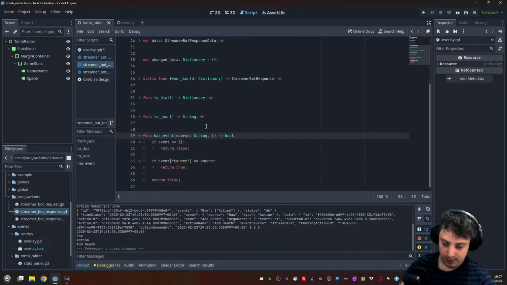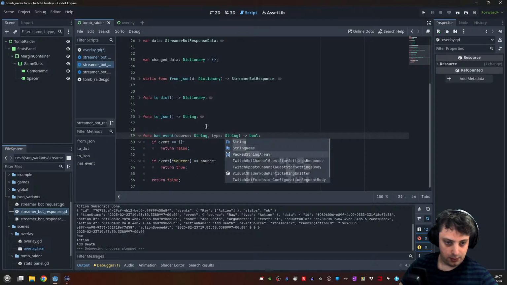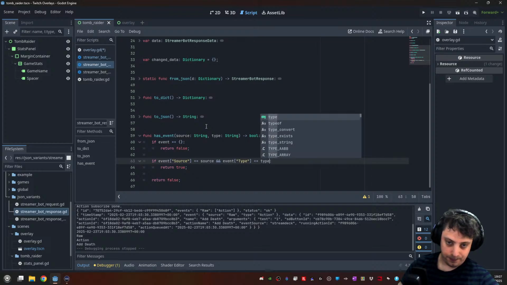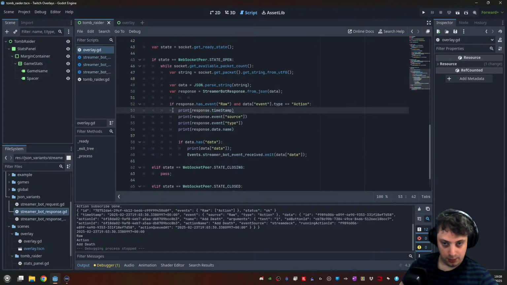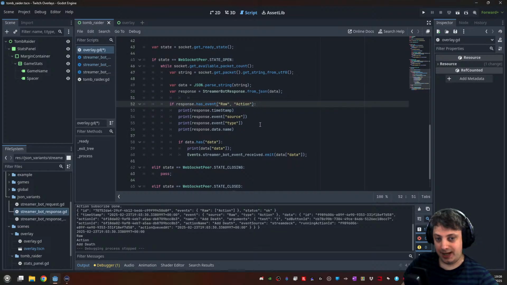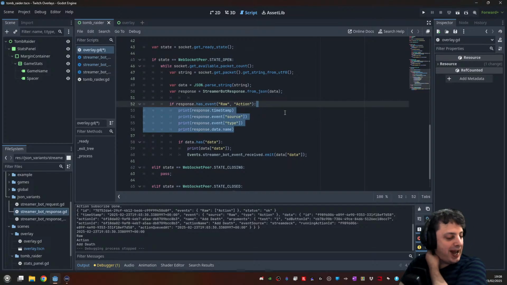And we'll add in a type. So here we've got that, cut that down massively. But if the response has an event of type action from source raw,